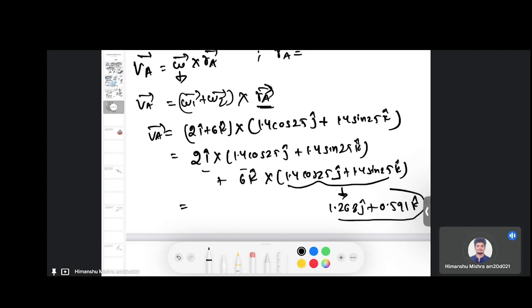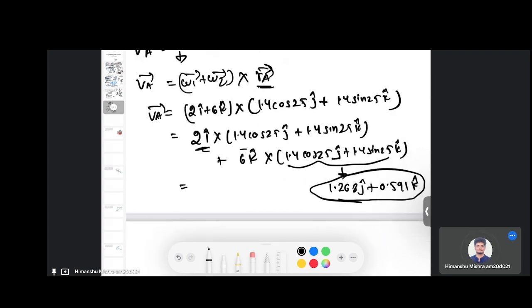If I take 2i first, 2i cross with this quantity, so i into j will give me the k direction, and 2 multiplied by this quantity will give me the magnitude. So it will be 2 multiplied by 1.268, 2.536, the k direction. And if I take the cross product of this quantity with 2i, it will be i cross k into j. It will be in the direction of j with the magnitude of 2 multiplied by 0.59, which is 1.18